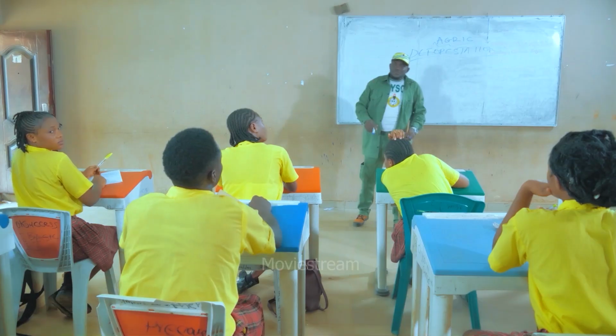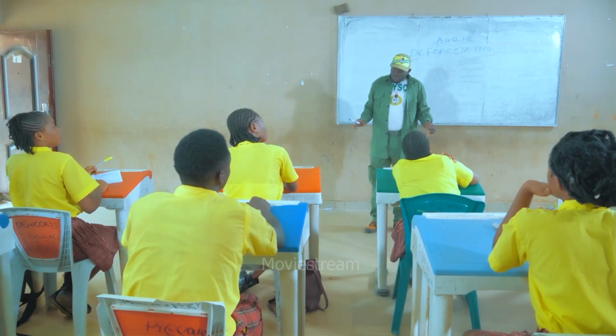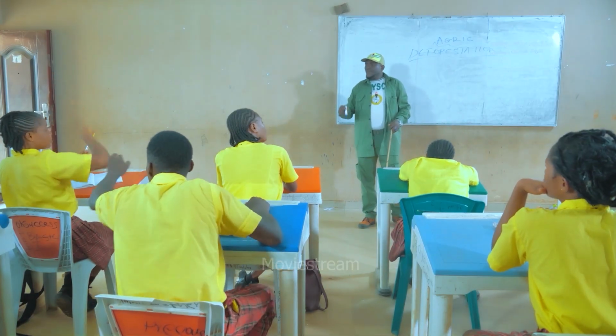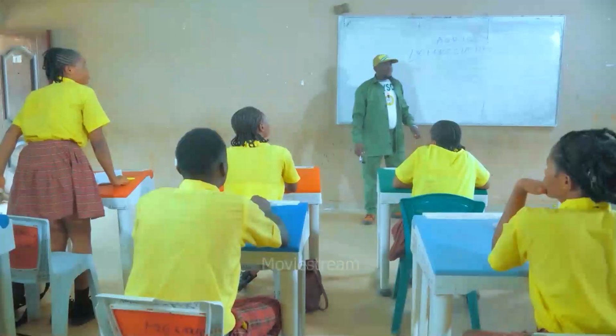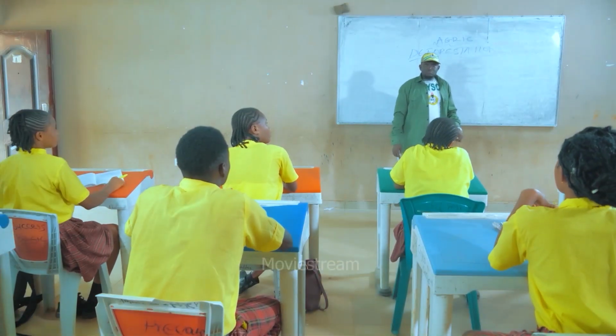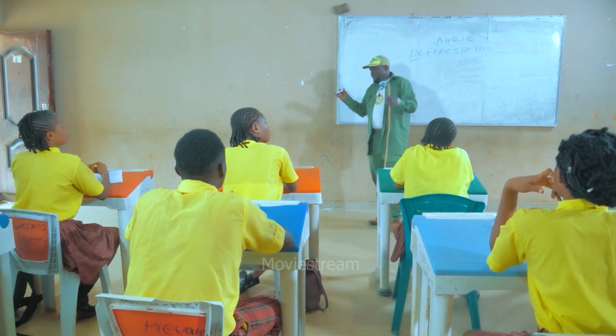James, do you have any question? No question, sir. Sir, what's the need for deforestation? Because so many animals will lose their homes. Wonderful question. Clap for her. Listen, my dear. The world is very big, big enough to accommodate everything. Can you understand it? Yes, sir. Good. Any other question? No, sir.